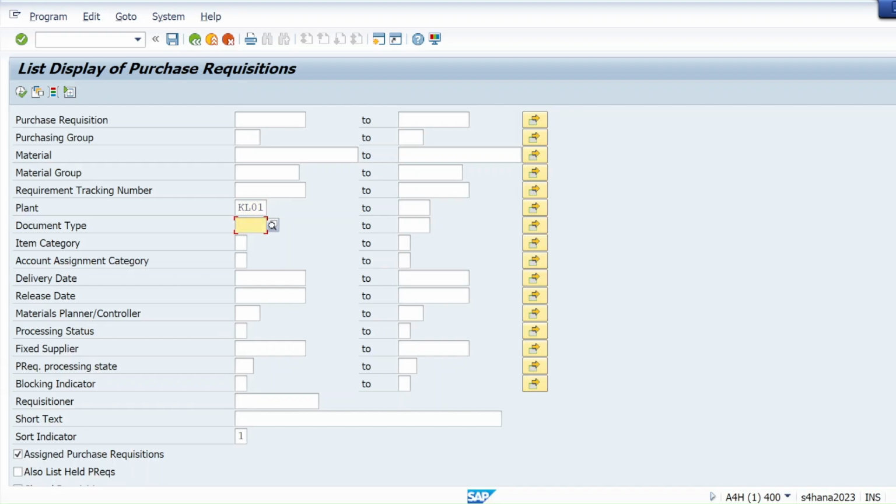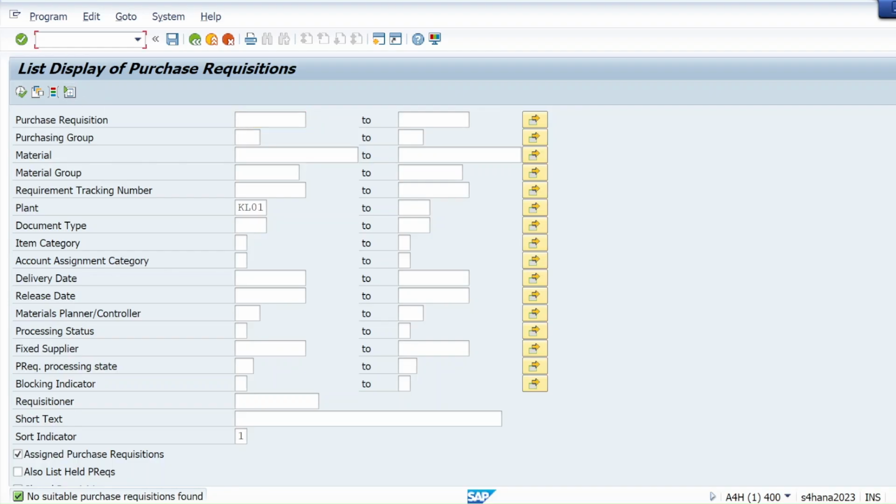Let's suppose I just want to see domestic procurement, so DN. I will select that document type here and execute. Any purchasing documents available for that will be mentioned.